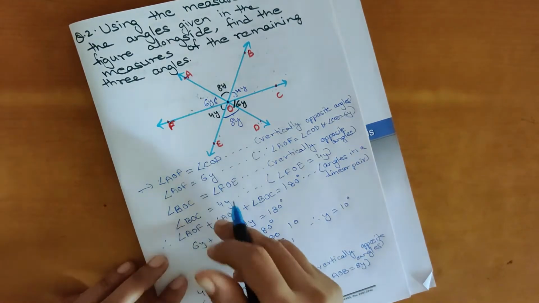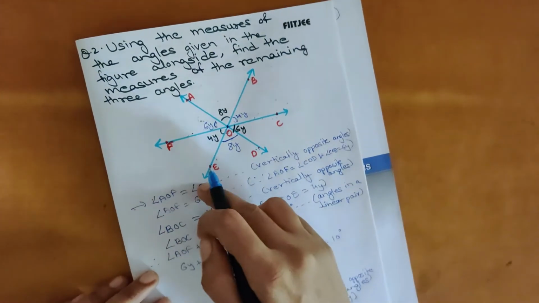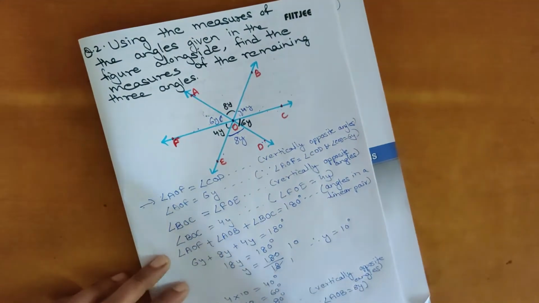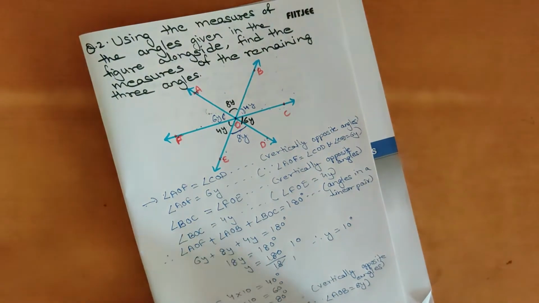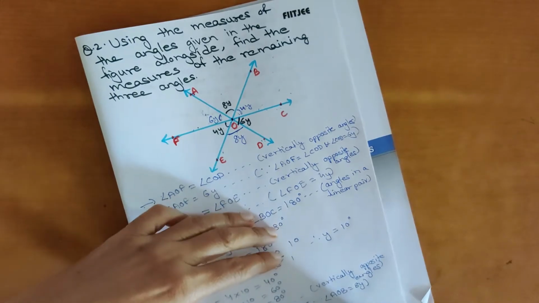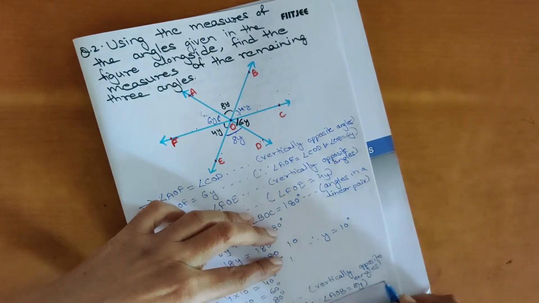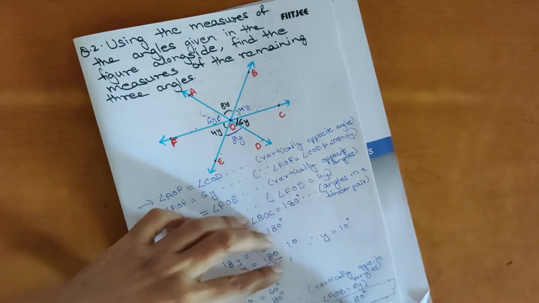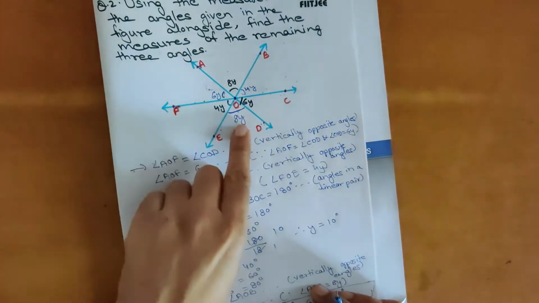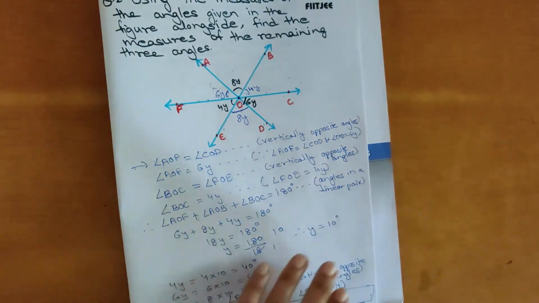This was remaining. Up only we have to show here how we have shown 6y, 4y; 8y was remaining. So I have done it down. So our answer is finally we got 40 degrees, 60 degrees and 80 degrees. So this is our final answer. So we can write the measurements you got: 40 degrees, 60 degrees and 80 degrees. So this was remaining, so I have done it down. So no problem. Next we will go for the next question.